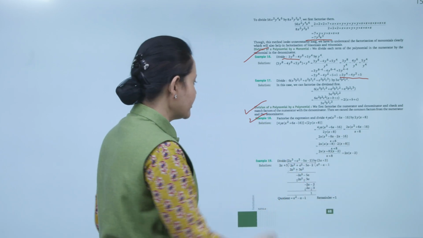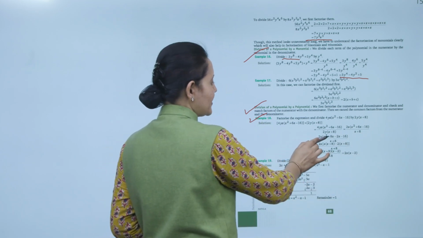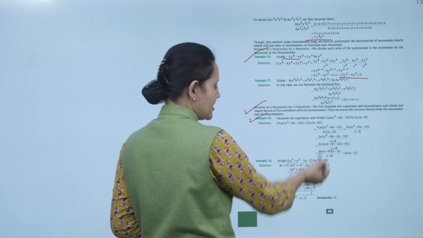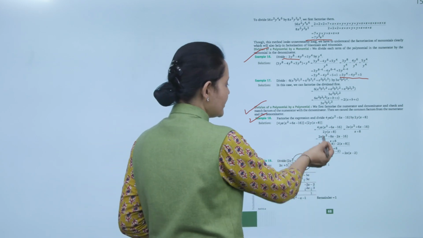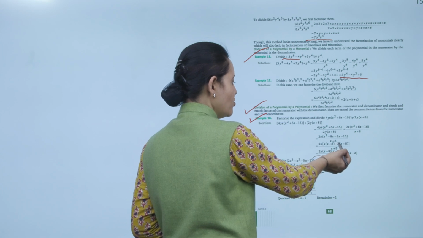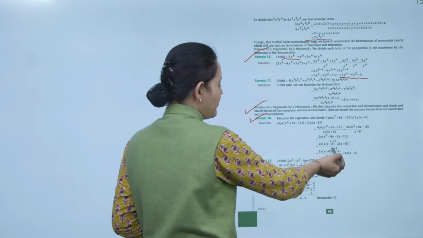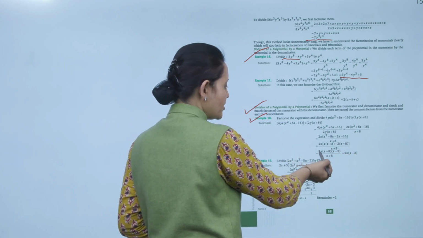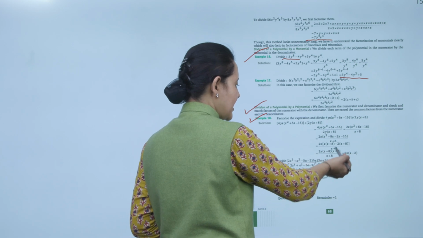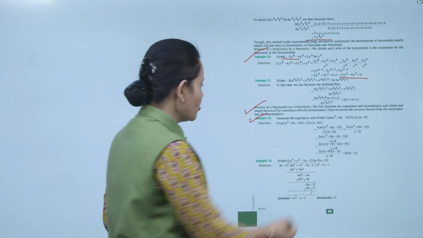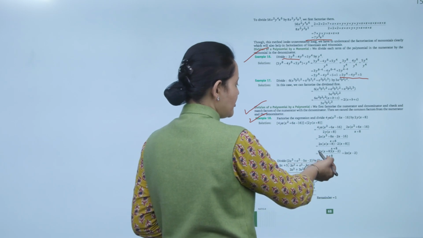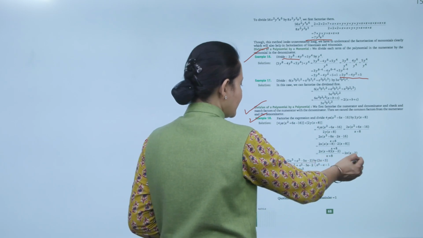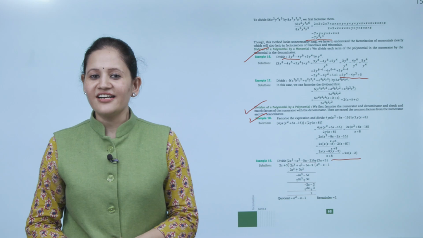Now factorize the middle term. 2z, z square plus 8z minus 2z minus 16, divided by z plus 8. So taking z common, z plus 8 minus 2 (z plus 8), upon z plus 8. So 2z, one factor is z plus 8, another is z minus 2. So z plus 8 cancels with z plus 8. So that is equal to 2z (z minus 2). That is our answer.